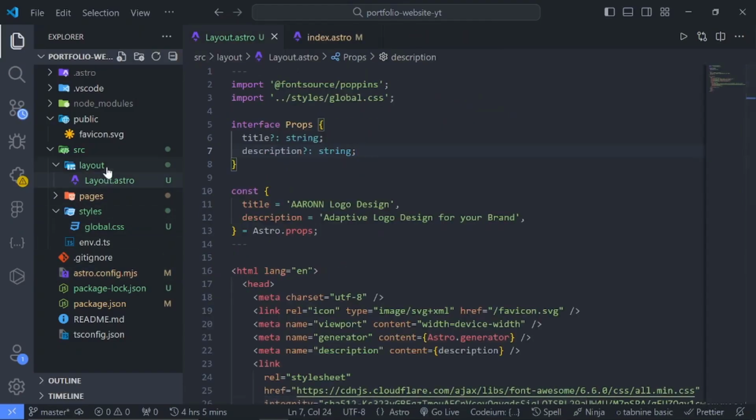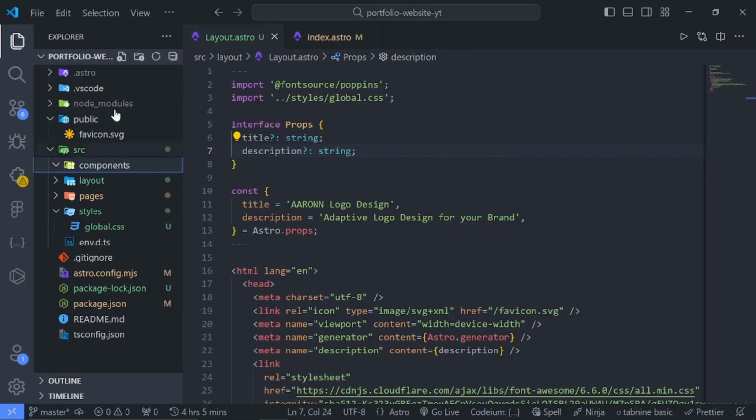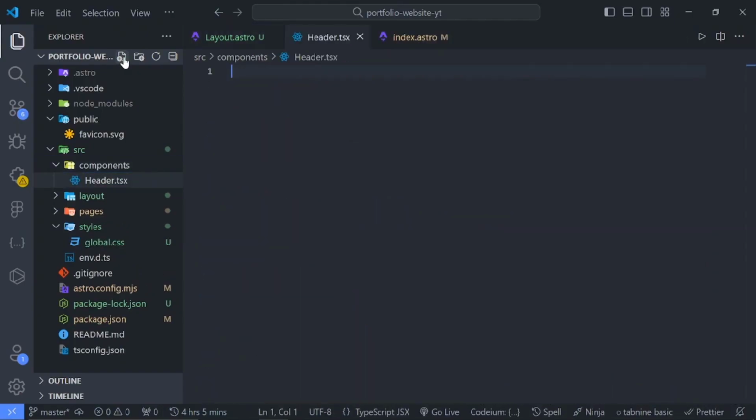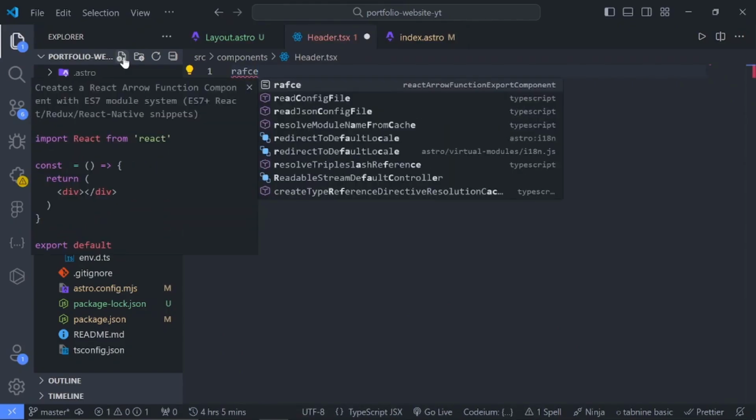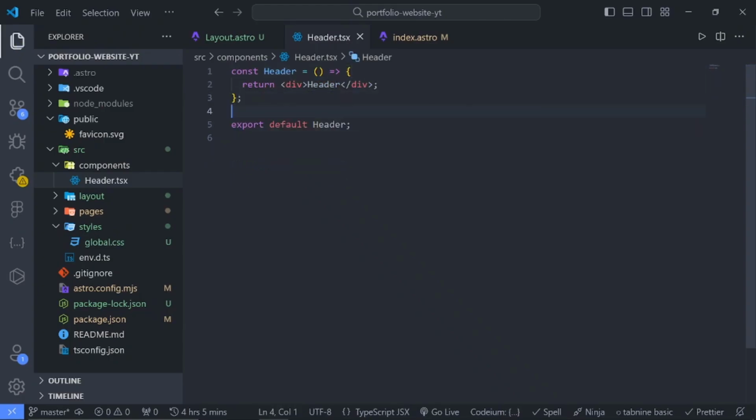So to use it is basically simple. We just come to this source folder, and I can create a components folder to store each of the components. So inside the components folder, I'll create the header.tsx file, and I'll spin up a quick template by saying arrow fce. I'll get rid of this one. All right, so